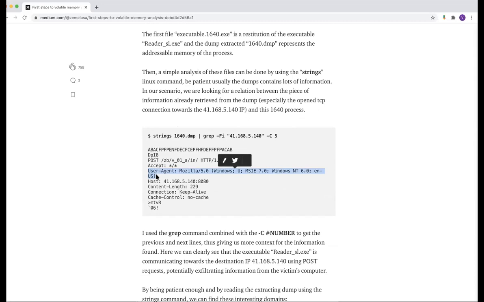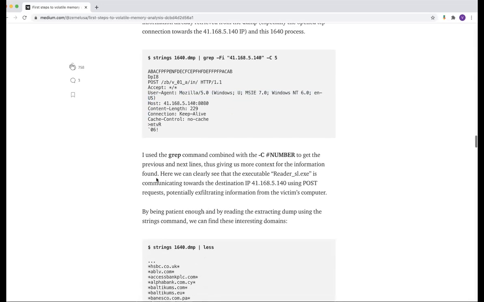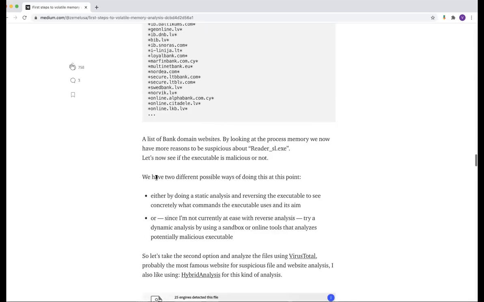So based on the user agent as the IOC, you can again quickly check if there are any other network, if there are any other devices which are connecting to any other IP address using the same user agent. Okay, so this is something that will be really helpful for you. Okay, and now going further,